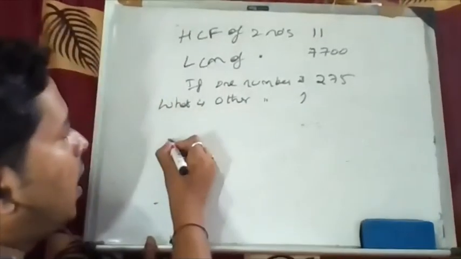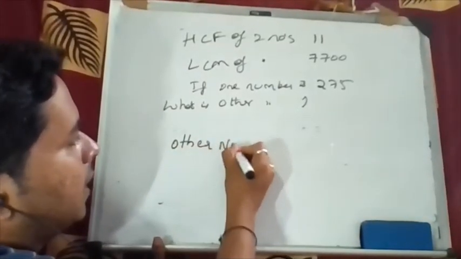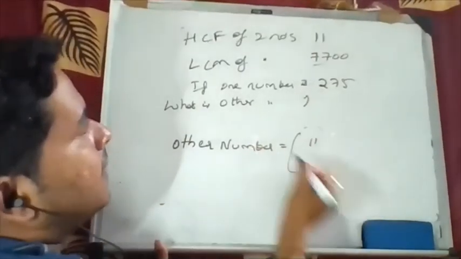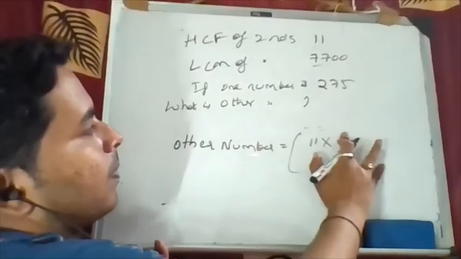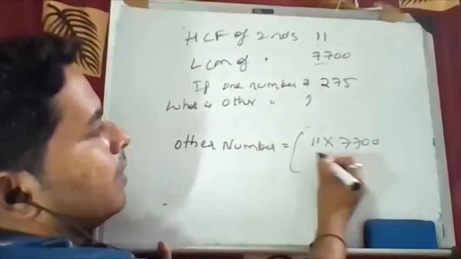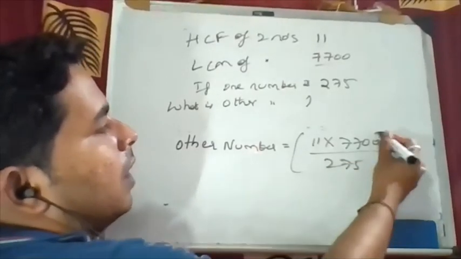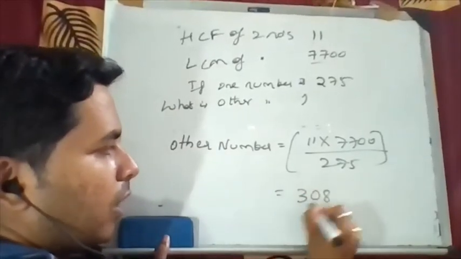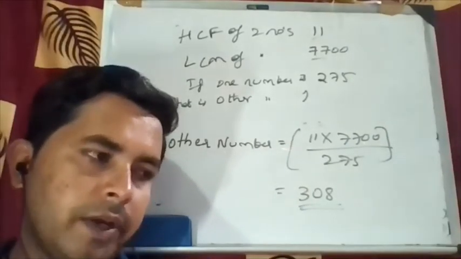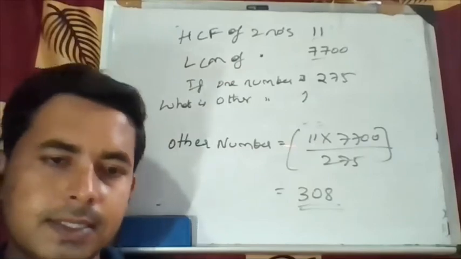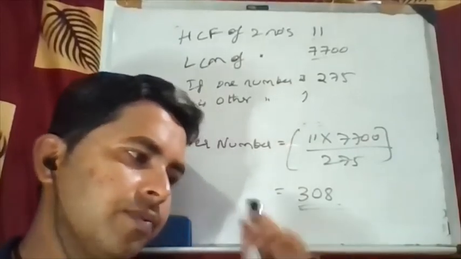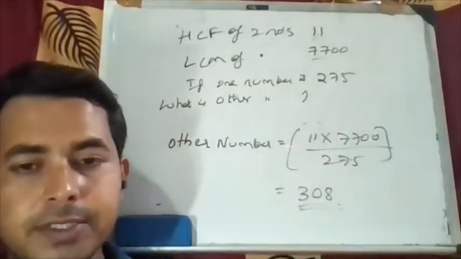अदर नंबर कैसे फाइंड आउट करना है? Other number will be: इन दोनों को multiply करो, one is HCF and another one is LCM, divided by the given number, one number is 275. So then इसको solve किया तो आपको answer क्या आएगा, 308. So that is the answer. Okay, this is the method to solve the questions. Okay, so in this way they'll ask a question and rest all questions क्या होता है, that